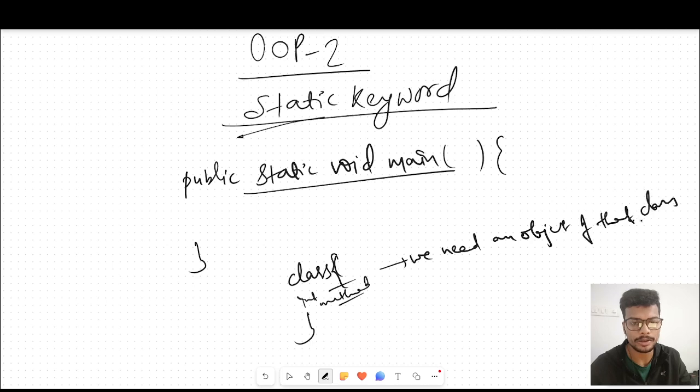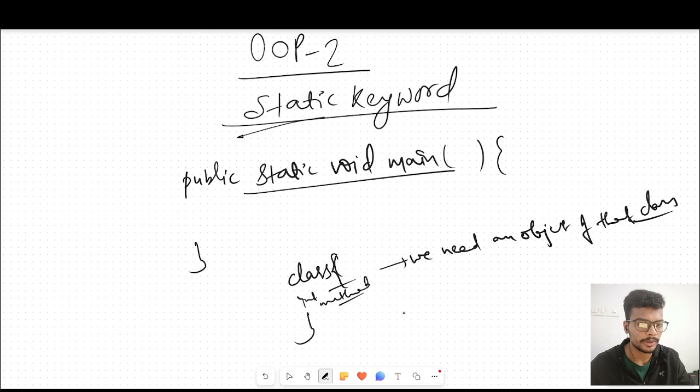We need an object of that class to access those variables or methods. So there might be some cases where we don't want to access it via an object,